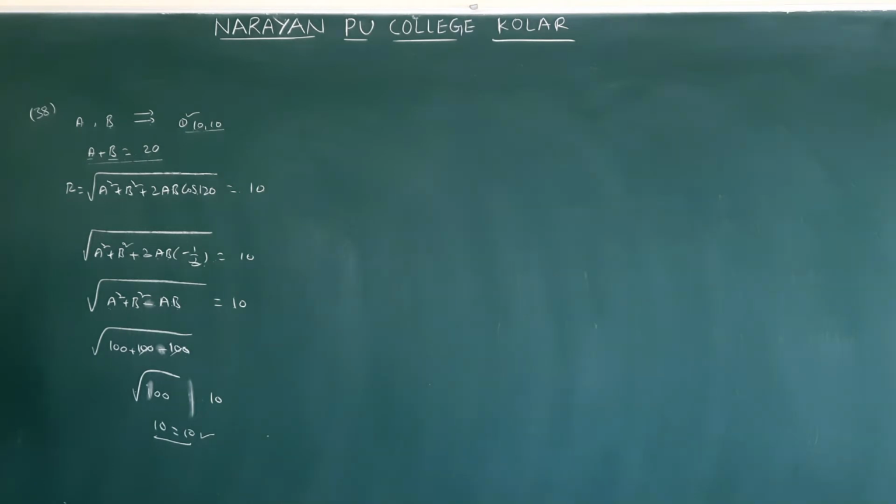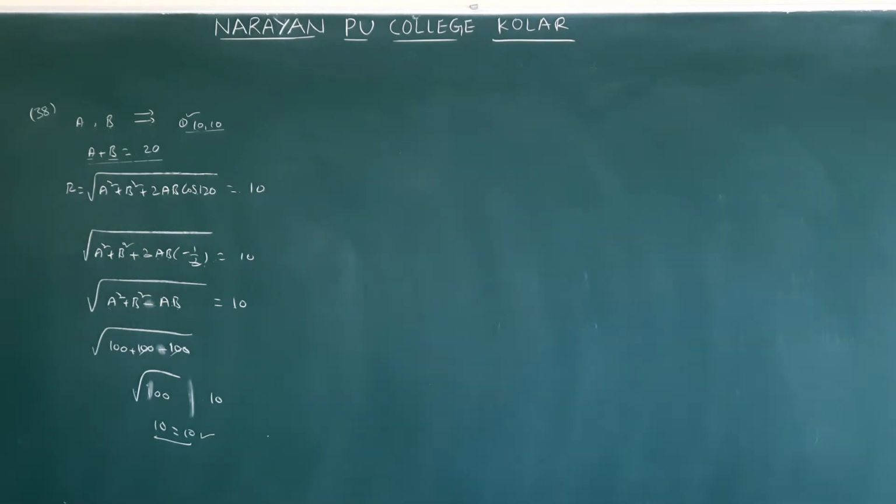If it is not correct, you have to substitute option 2. So option 2 is correct for this equation. 15 plus 5, 20. Option 3 also correct for this equation. Option 4 also correct for this equation. But options 2, 3, 4 will not be correct for this equation. You can check one by one. Here I am not solving.